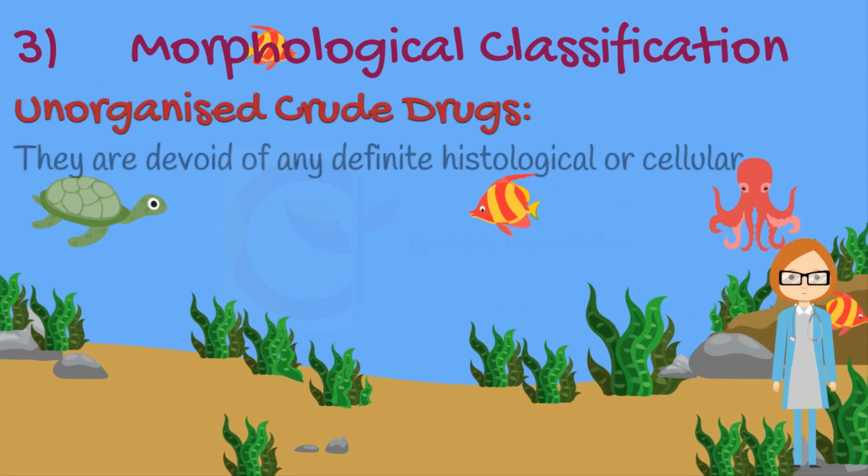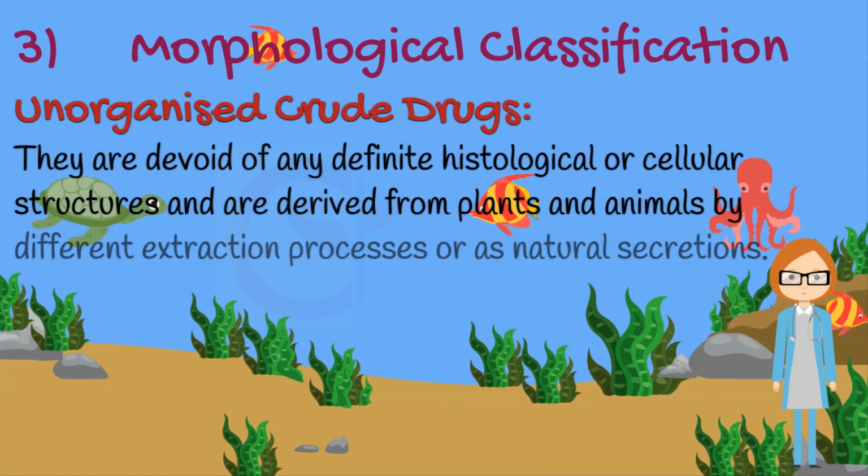Second are unorganized crude drugs, which are devoid of any definite histological or cellular structures, and are derived from plants and animals by different extraction processes, or as natural secretions. The unorganized drugs are also divided into smaller groups on the basis of the nature of the natural product, such as